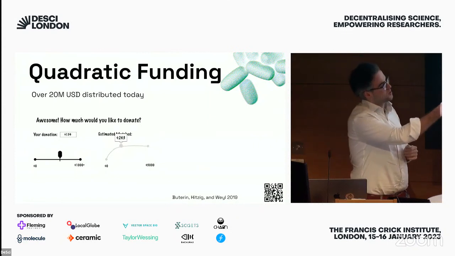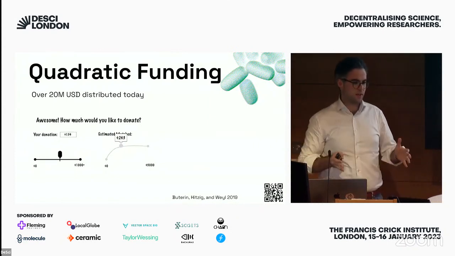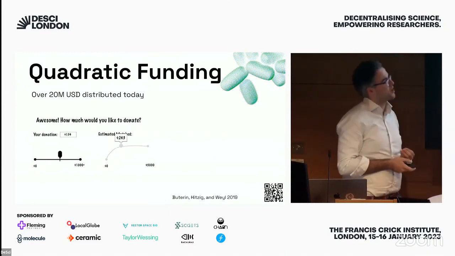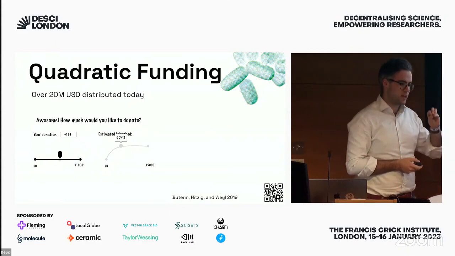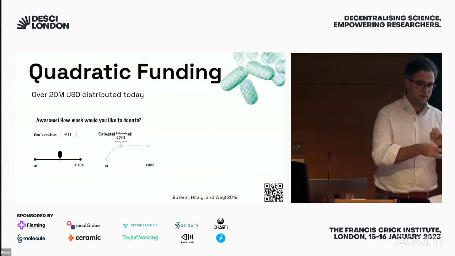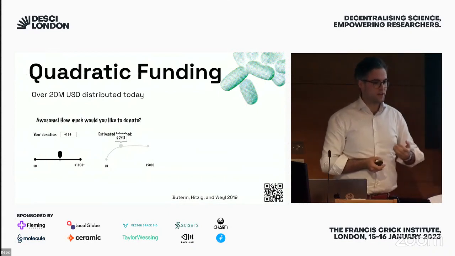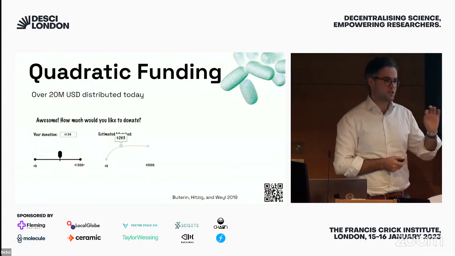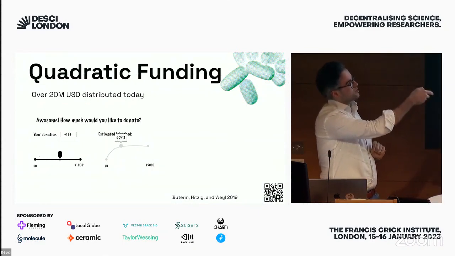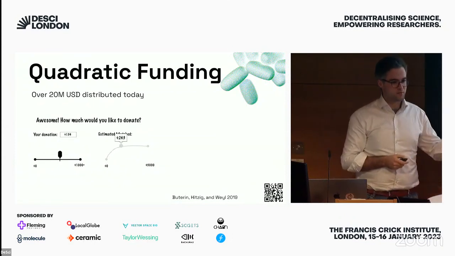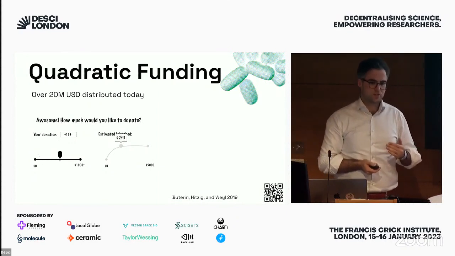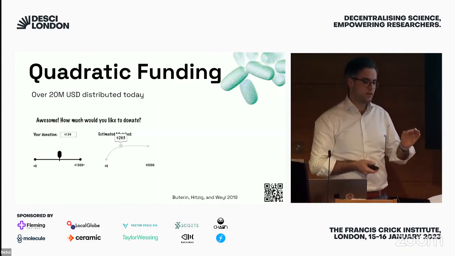However, what if we introduced a quadratic penalty where the big player, for example, a Wellcome Trust in the future, if we can convince them to adopt this technology, where the Wellcome Trust would say, okay, we're taking a step back. We're not picking winners here. We are a matching pool, and then other individual agents that are qualified, but also maybe just citizens, can fund projects that they really care about. And the citizens will actually, through their vote, govern how much funding the Wellcome Trust allocates to each of these individual projects, and thereby enabling a society in which also citizens can have a say directly which projects should get